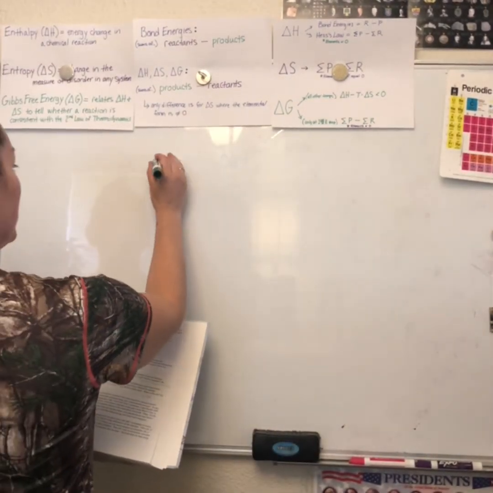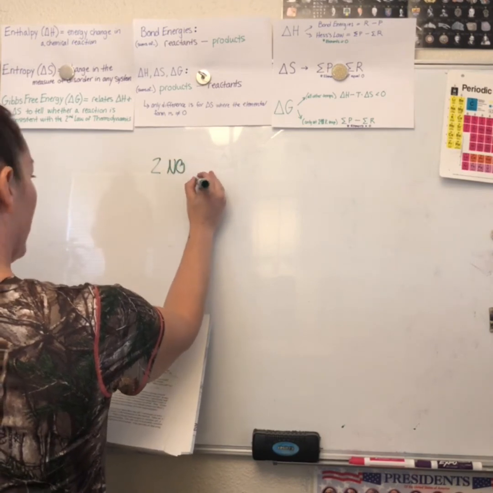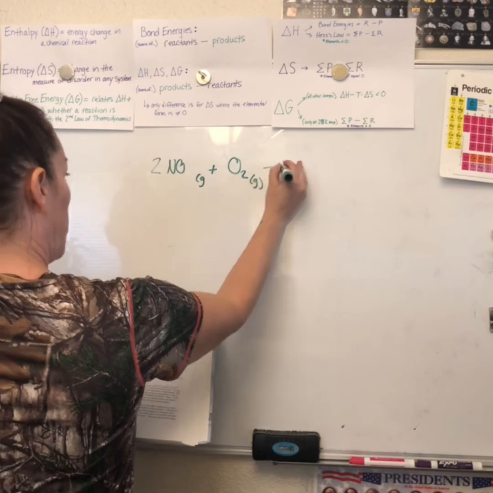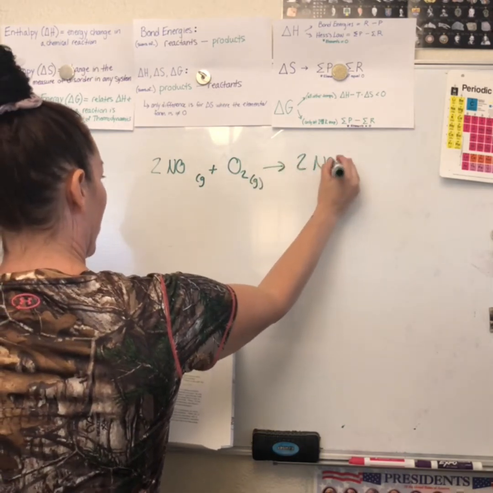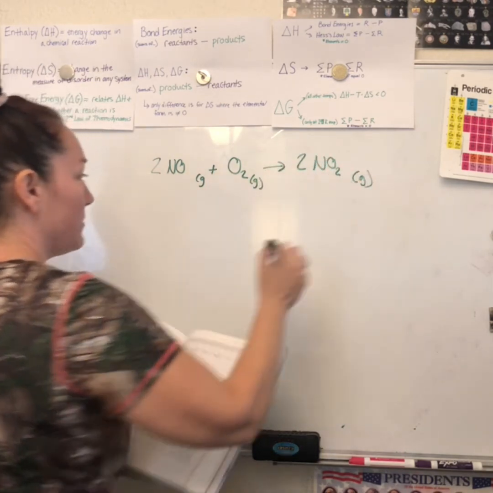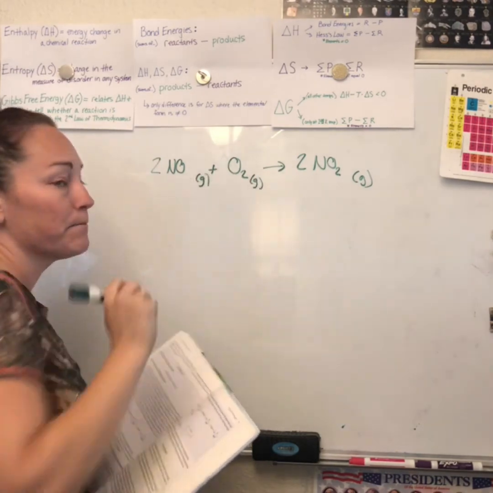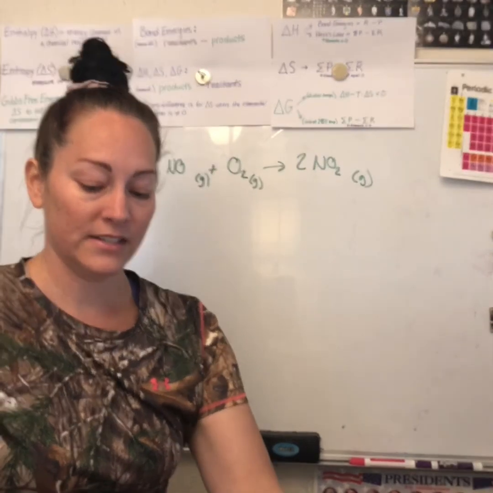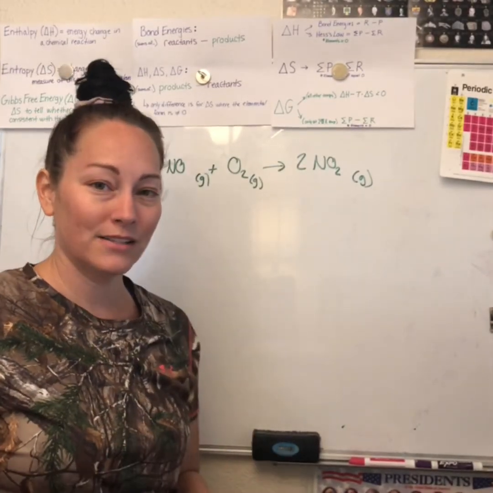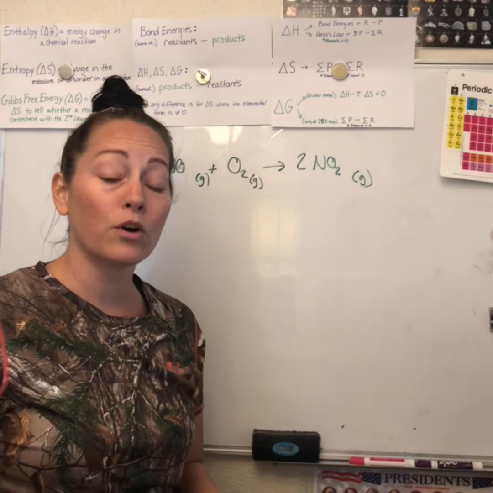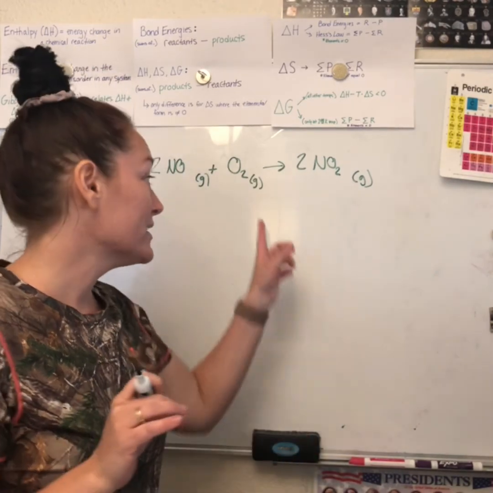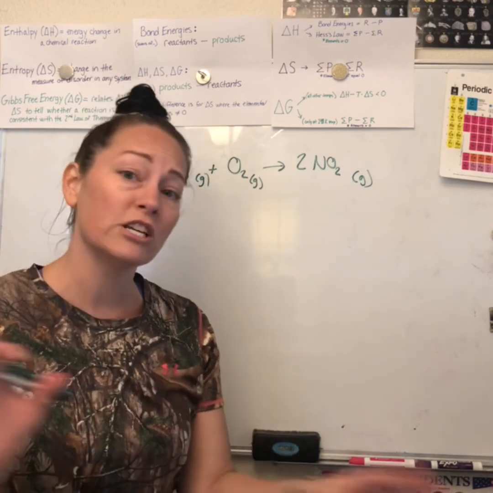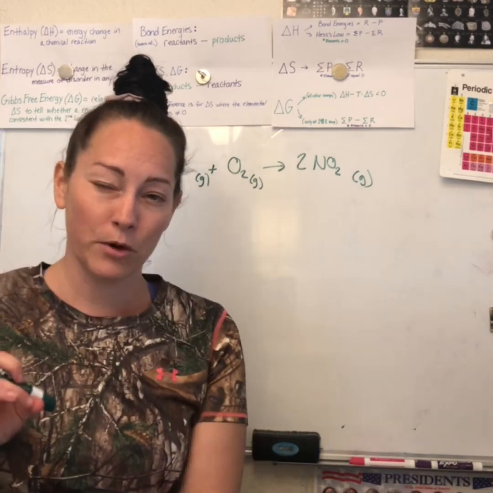They give you 2NO gas plus O2 gas, 2NO2 gas. Now, keep in mind, I put my phases here. This is important because you have phases now, and so it's more precise. So Hess's law is more precise because it gives you the phases as opposed to the bond energies. You didn't know the phases. So this is definitely more precise because you know